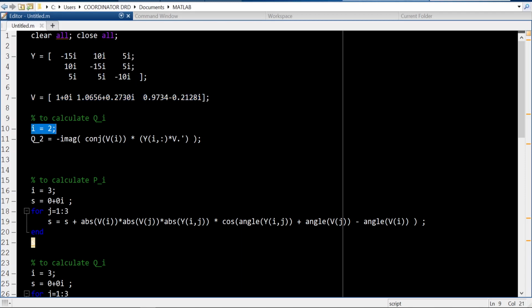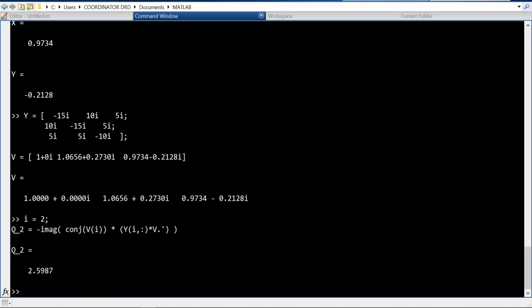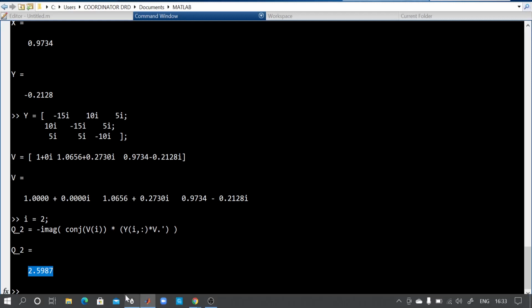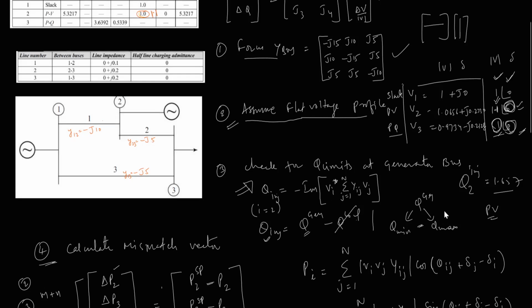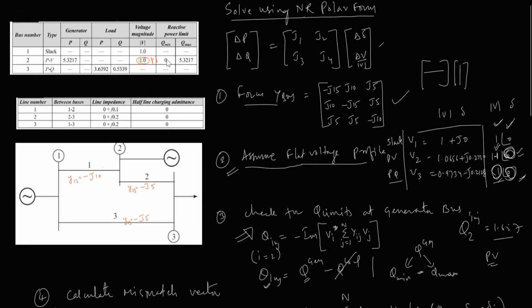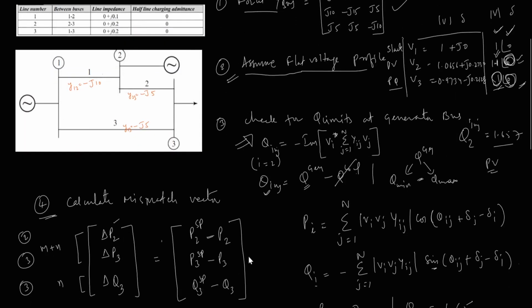Now I calculate Q2. So what I get? Now Q2 is 2.5987. So it is within the limits. So there is no ambiguity. So still the second bus is acting like a PV bus. Okay, then we proceed. It is within the limits. Then I calculate